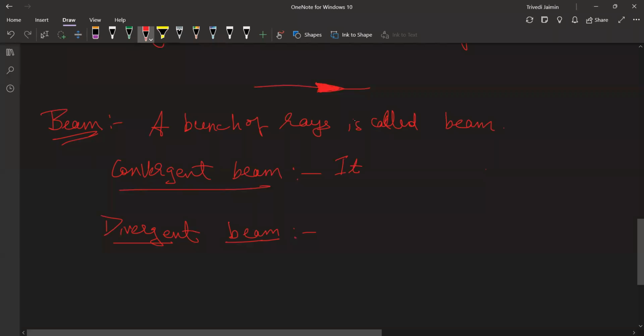Two or more rays combine to form a beam of light. That is just an image. It's just a ray, right? Two or more rays are called a beam. But how will we say that this is a convergent beam? Just now we drew it here, so we can talk about diameter. Here the diameter is more and here the diameter is less. So the diameter is decreasing. It is a beam